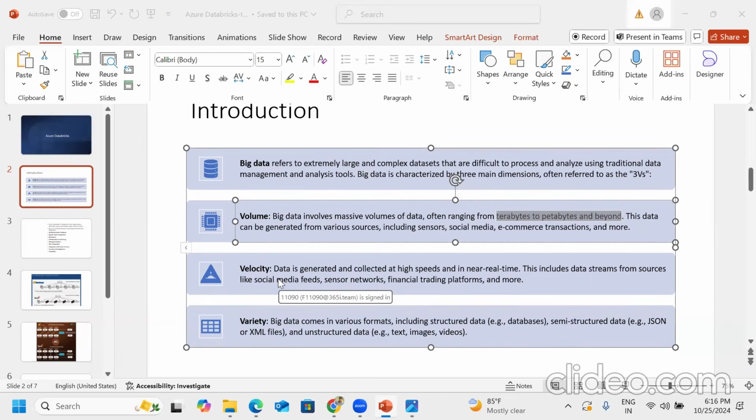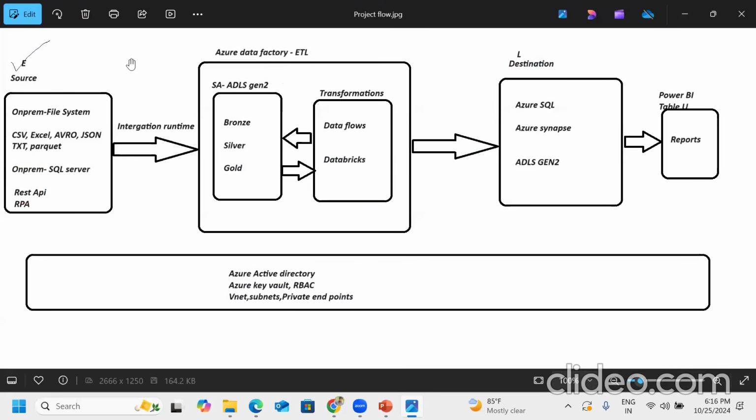Right, volume. Next, velocity. So velocity means time. Okay, fine. Your source system is generating the data, right? So you need to know about the time, at what time your source system is generating the data. Your ETL pipeline is going to collect from the source system, extract the data and load the data into ADLS Gen2, right? Okay. So for doing this process, this ETL pipeline must and should know about the time of your source system's data capturing